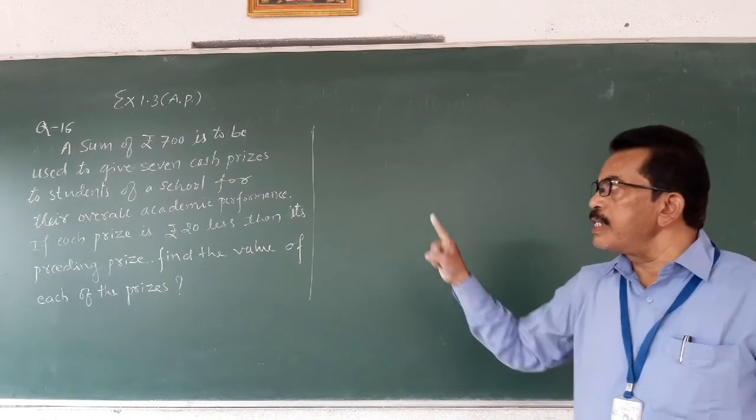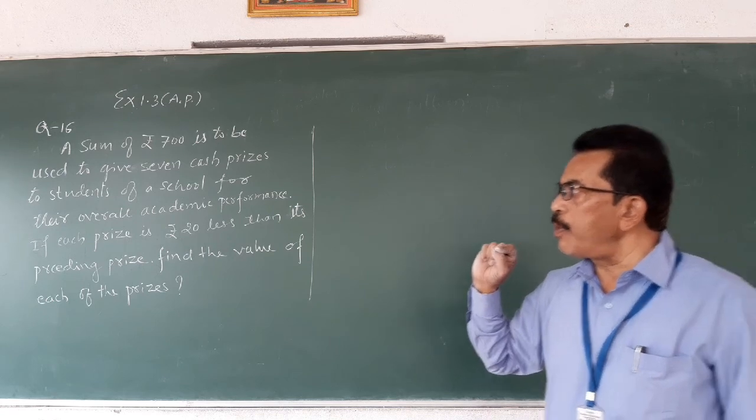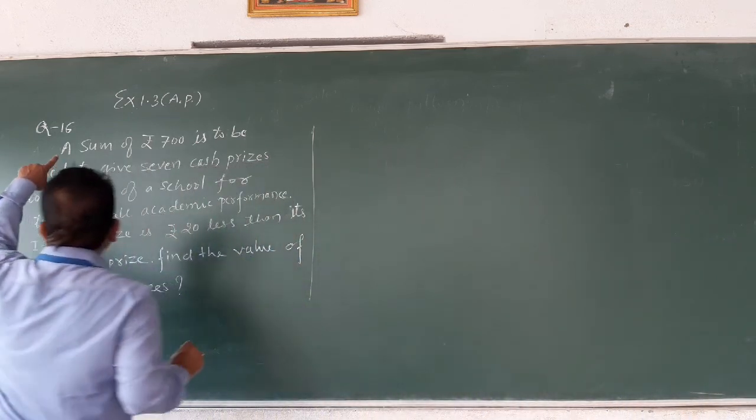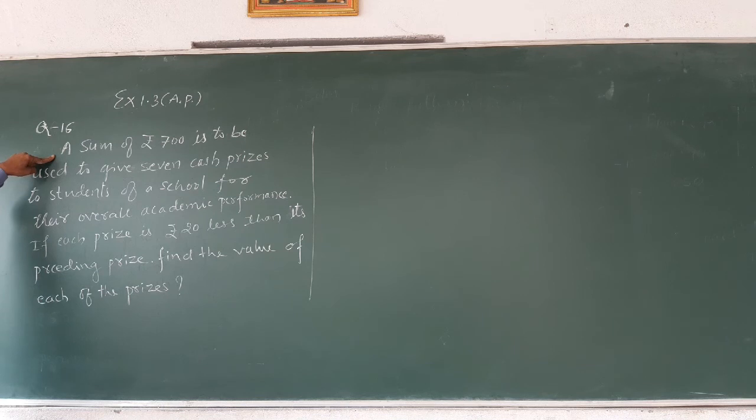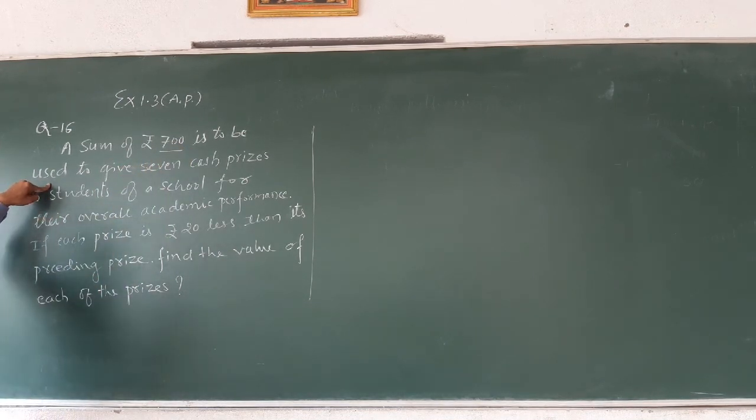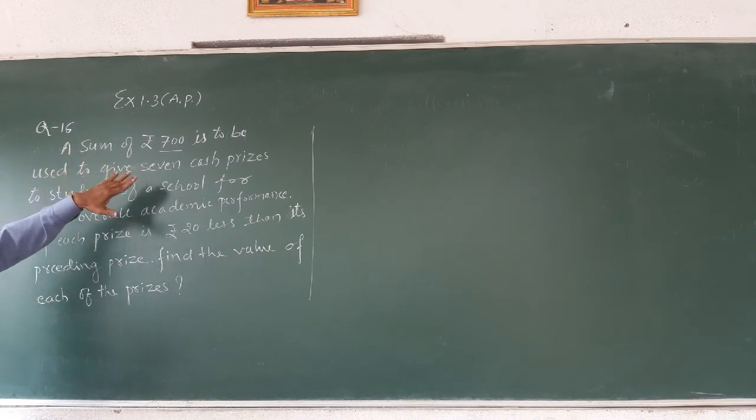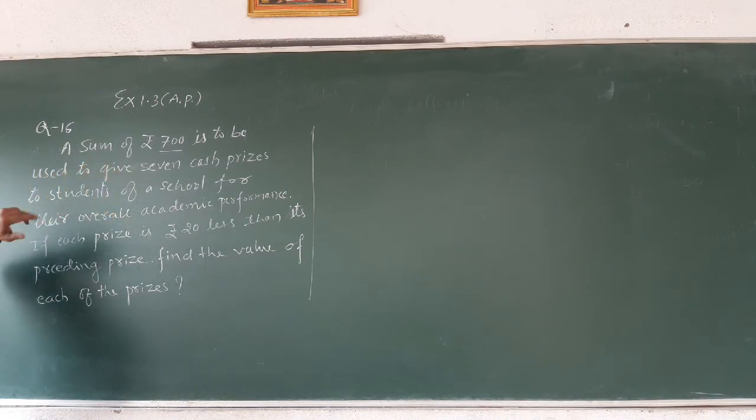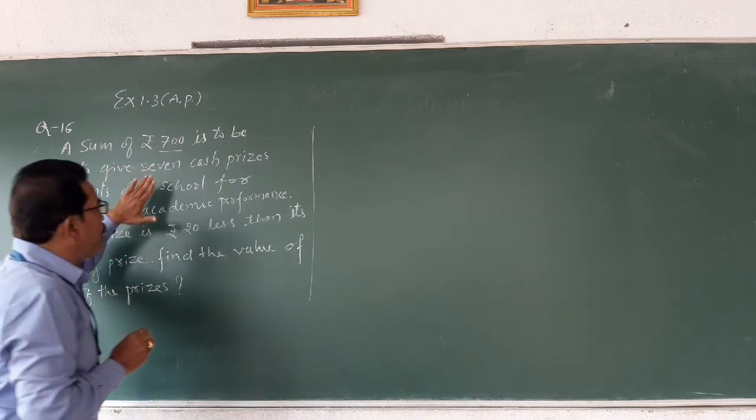See, this one is the 16th. Read the problem. A sum of rupees 700 is to be used to give 7 cash prizes. Within the 700 rupees, we have to utilize the 700 rupees to give the 7 prizes to the students of the school for their overall academic performance. For academic performance, they have kept rupees 700 as prize money. So, according to the given statement,